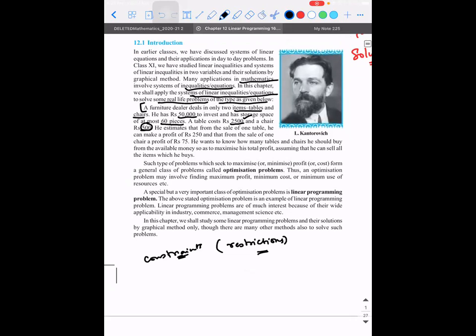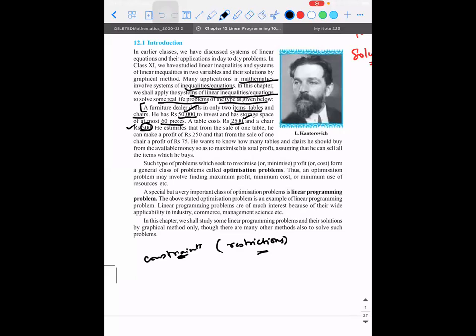So with all these constraints, he needs to think of the permutations and combinations possible so that he is able to make the maximum profit. Now the question is whether he buys one chair and sells it, or one table and sells it. Is he making profit or not? See, for example, let's say out of this 50,000, he has bought certain combinations. Let us say he has bought only one chair and he's selling it off immediately. Is he making profit in that or not? That is a question.